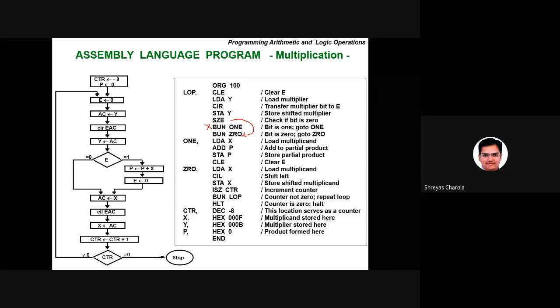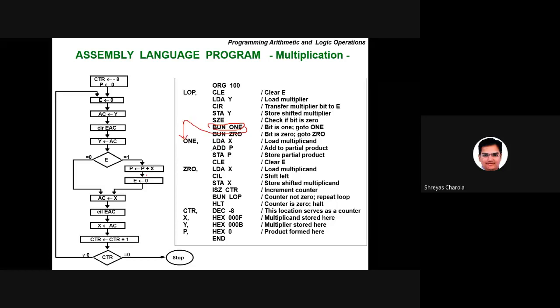Understood or not the instruction? Skip if E is 0, that means current program counter is here, and if E is 0, skip this step and directly go to the next step, that is a 1 0. Okay, good. Now here E is not 0, but here we have on the first case E equal to 1. So directly it will go here. It will not go here. Directly it will go to this label.